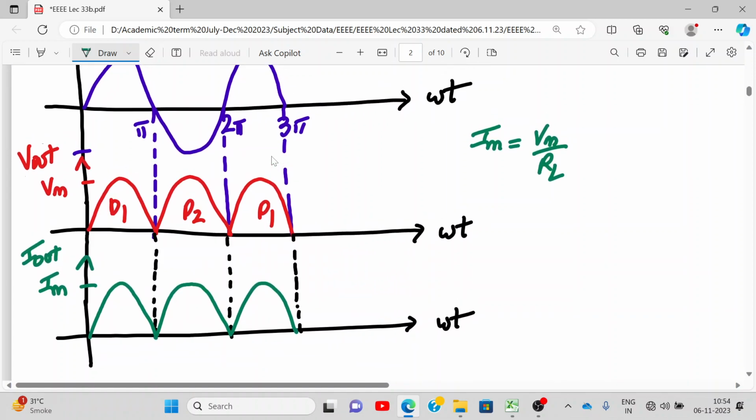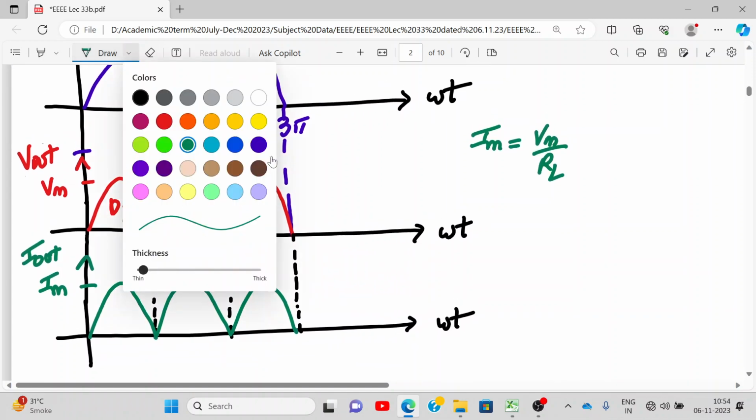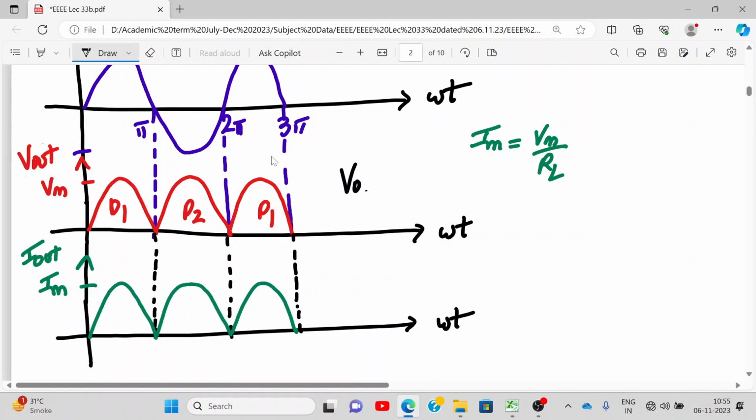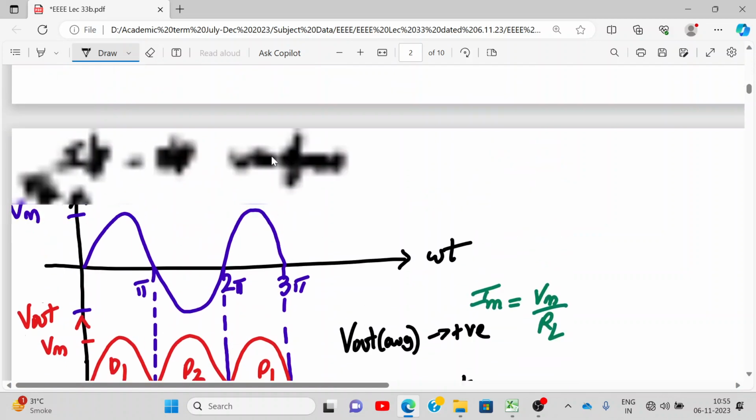If you look carefully, the average value of my output is always positive, even before calculating. What about my average current value? Again, it is positive. Now, the most challenging part: the voltage across the diodes D1 and D2. If I am able to draw that successfully, you have understood everything. The voltage across the diodes D1 and D2 when they are on and off. Now tell me,